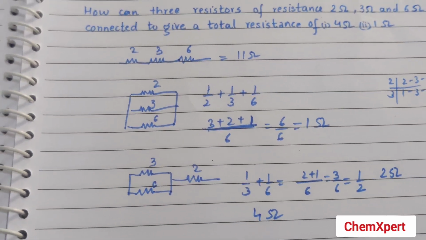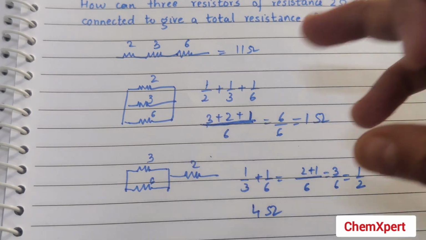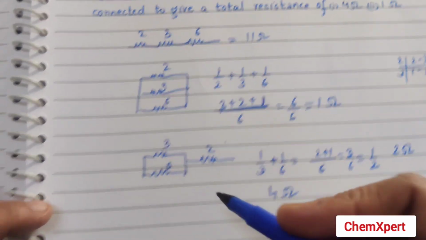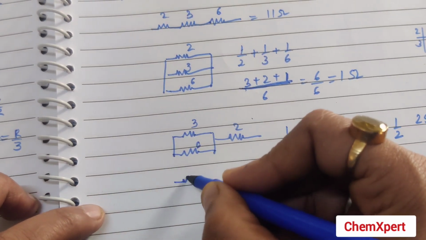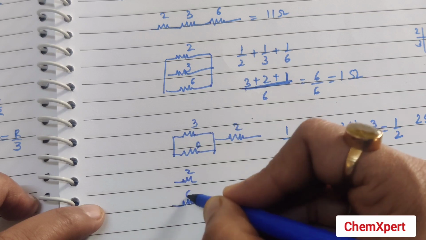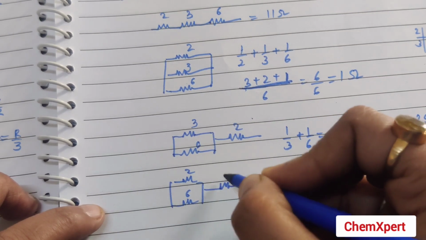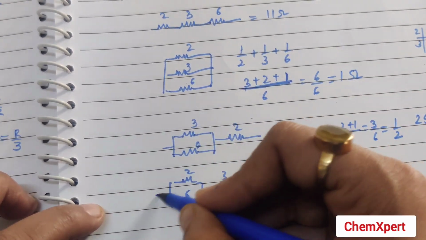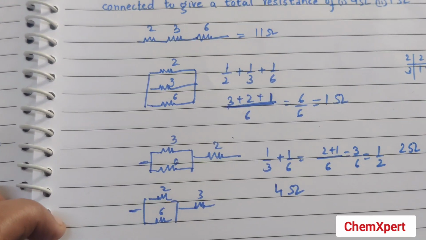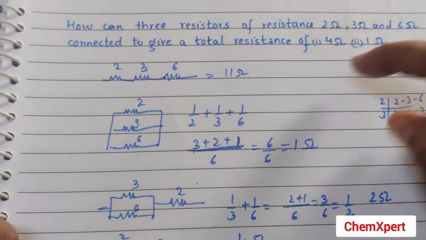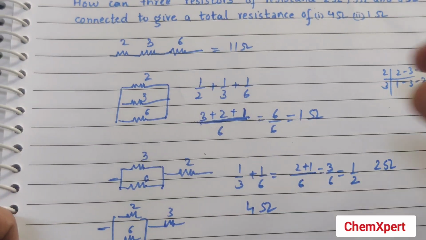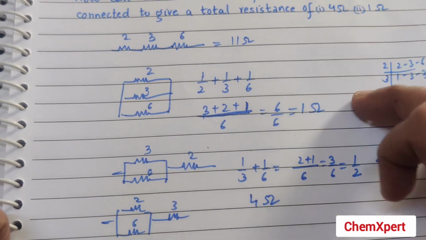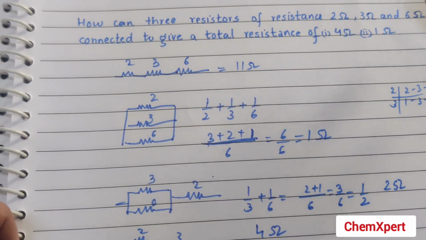So these are just probable questions where you have to find out the diagram of probability, which means one more possibility will be there. If we have connected 2 and 6 in parallel to each other and then 3 ohm, then we get a different answer. So this is a question you have to solve by hit and trial method, so that you can get these two values. There are almost 2 to 3 combinations which can be possible in all the cases. You try all the cases and you will get the answer, and this question comes in the category of 2 to 3 marks.